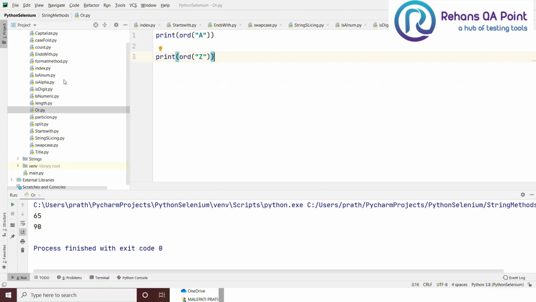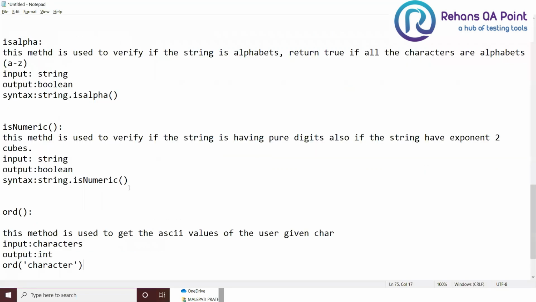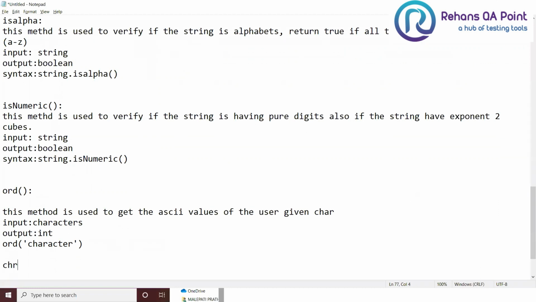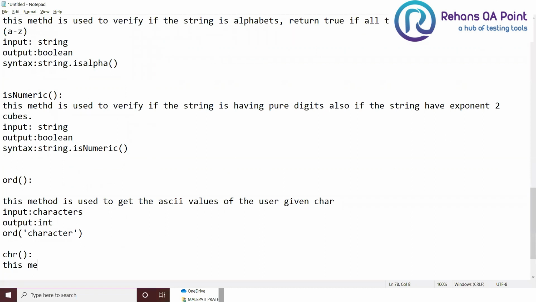Okay. So there is another method called chr. What is the purpose of this method? This method is used to get the character format of the given numeric value.